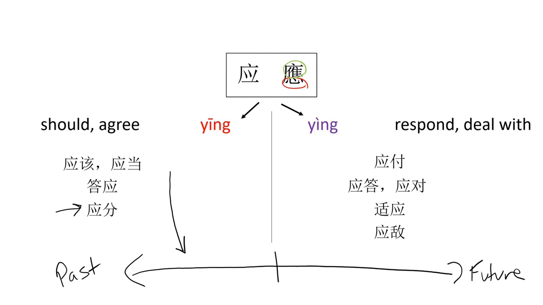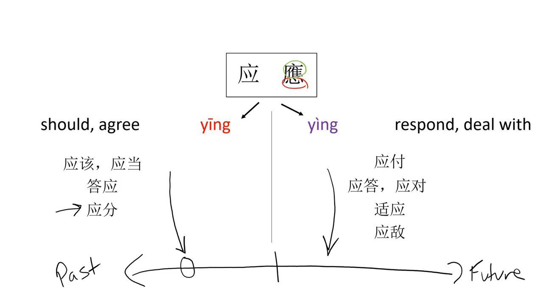So I am agreeing to something, something that should be is something that in the past I think should be in the future, right? So all these things are happening at this point in time,